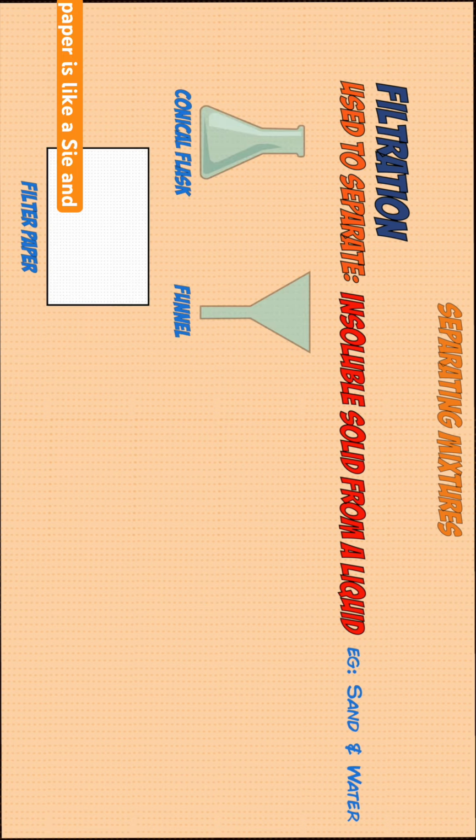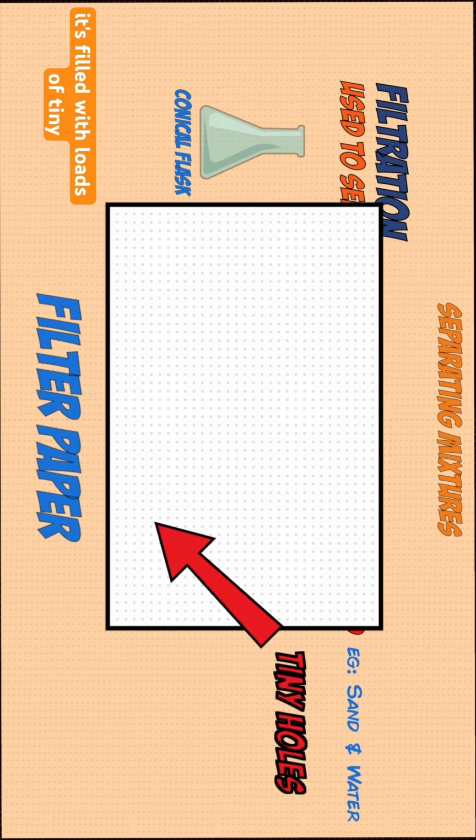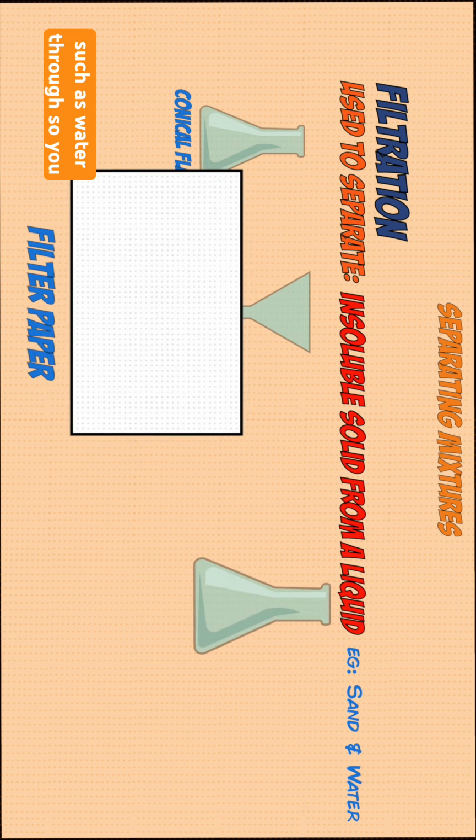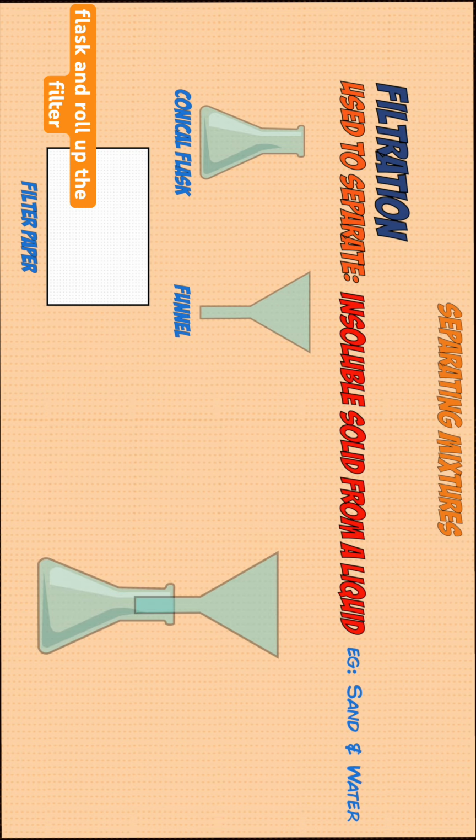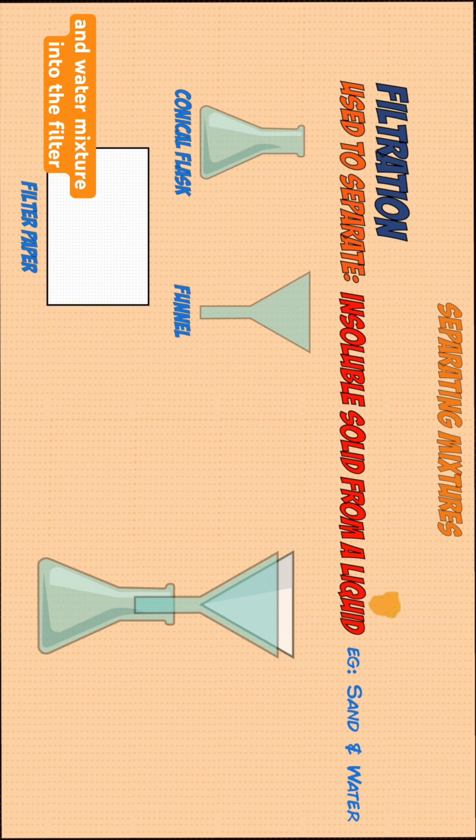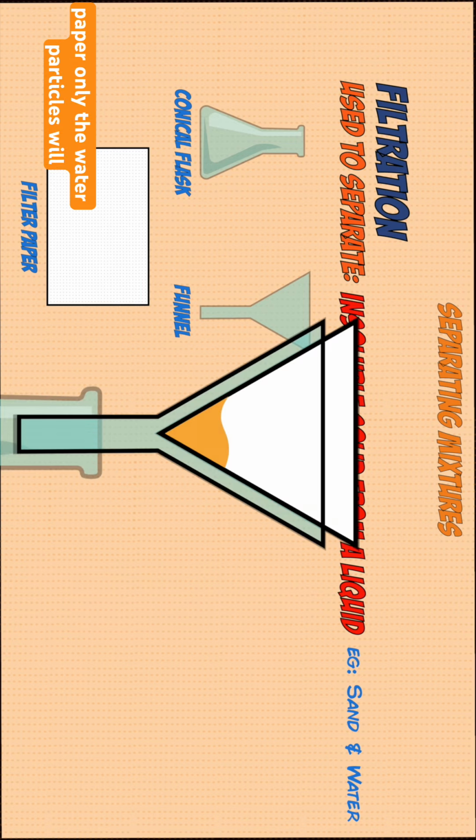The filter paper is like a sieve, and it's filled with loads of tiny holes that only allow small particles such as water through. So you place the funnel on the conical flask and roll up the filter paper and place that on top. Now if you pour the sand and water mixture into the filter paper, only the water